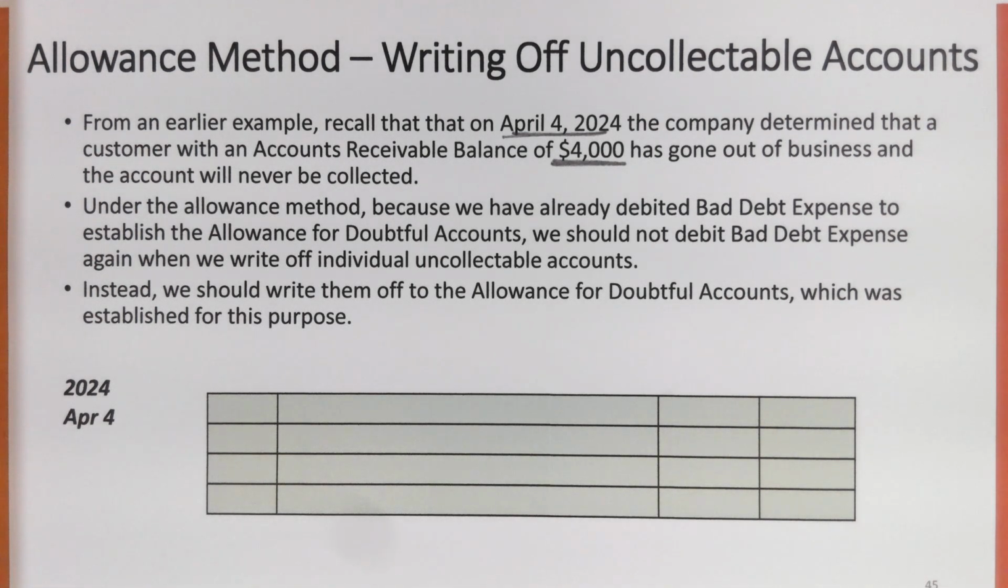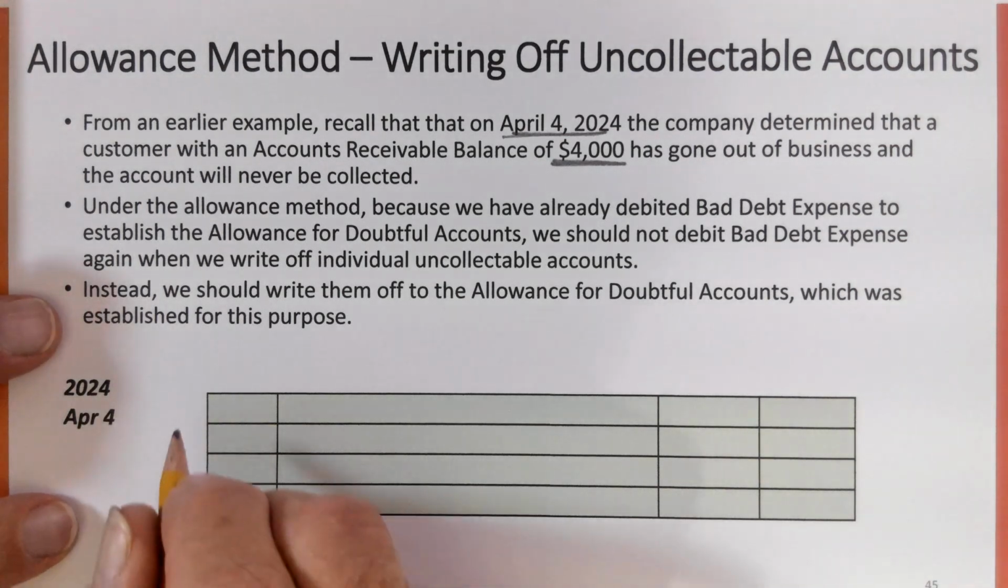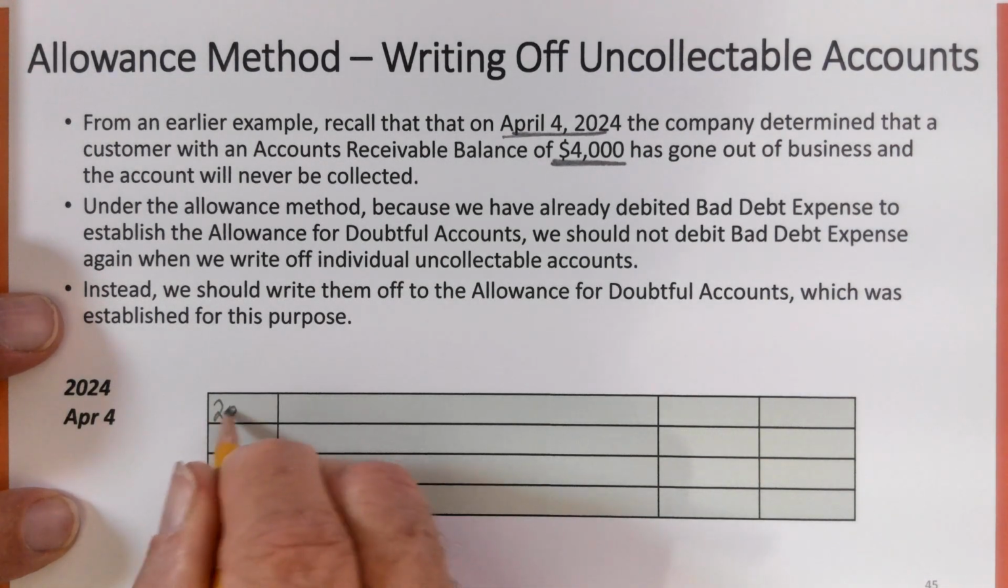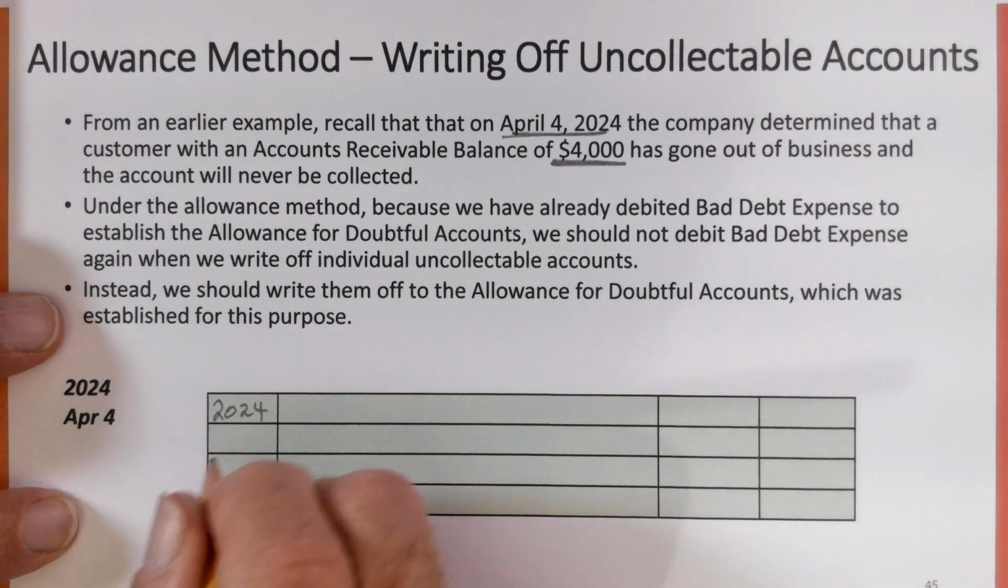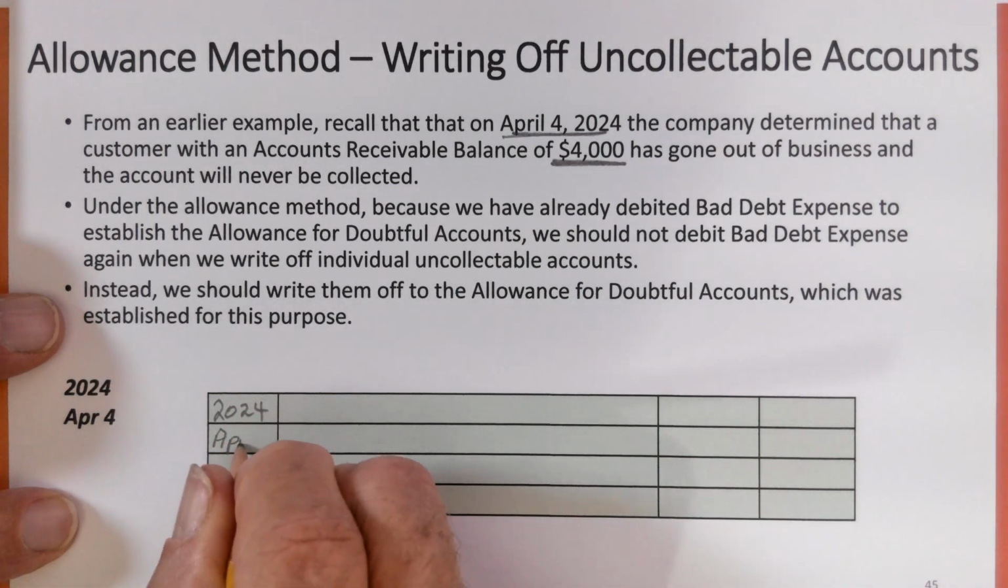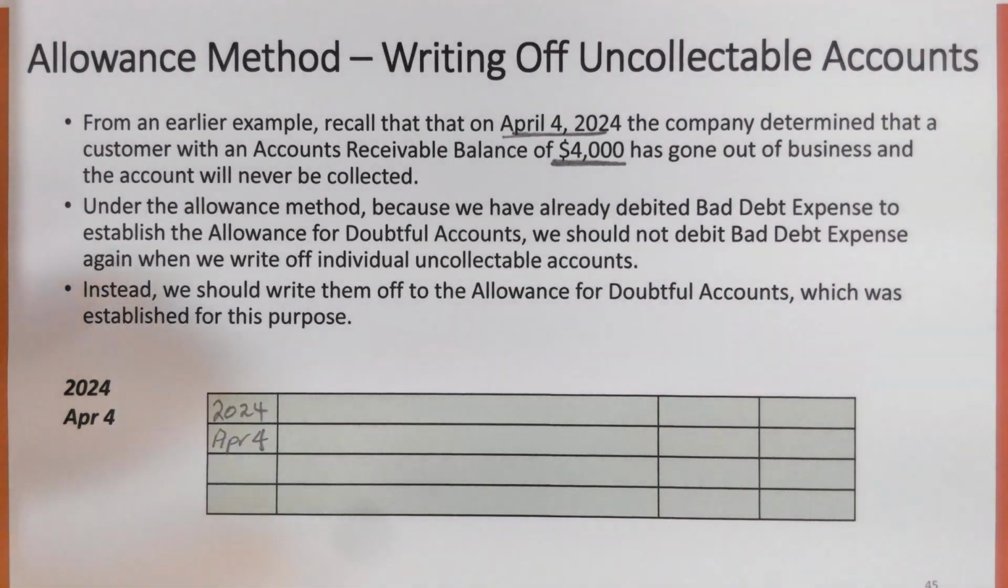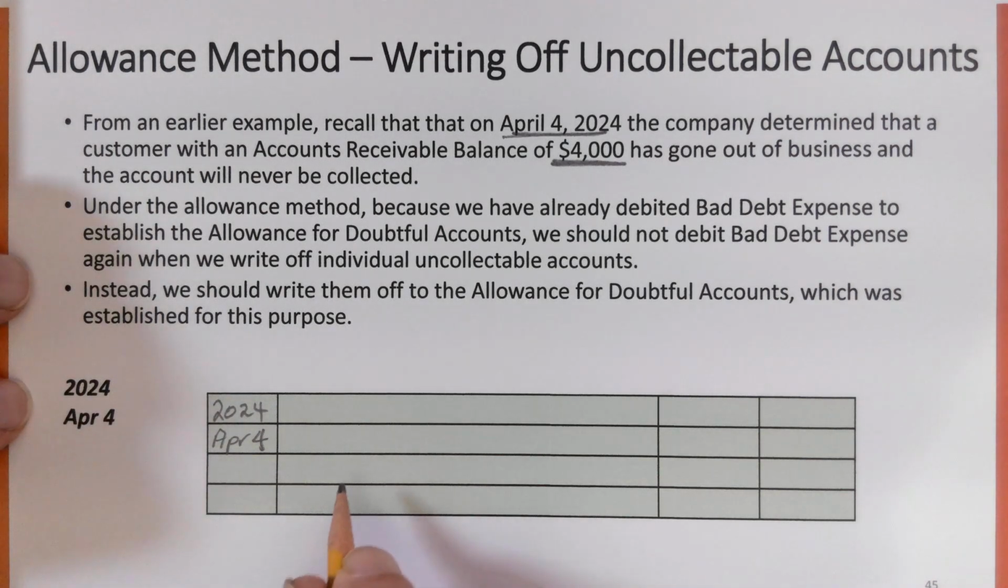And so on April 4th of 2024, we go ahead and we record the write-off to remove it from our books because we're never going to get it. So in 2024, we've got to write it off. So this is April 4th, the date we determine it's uncollectible. And surely what we're going to do is to remove it from accounts receivable with a credit. We're going to credit accounts receivable